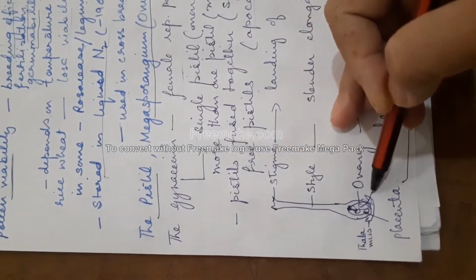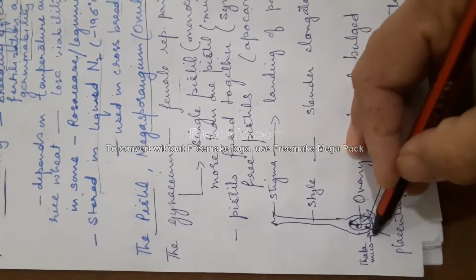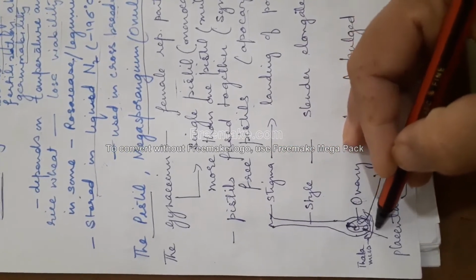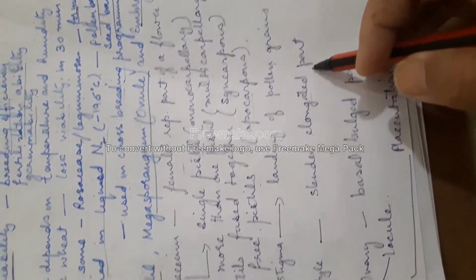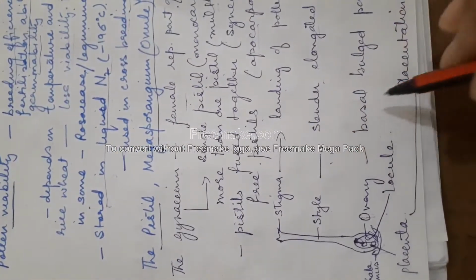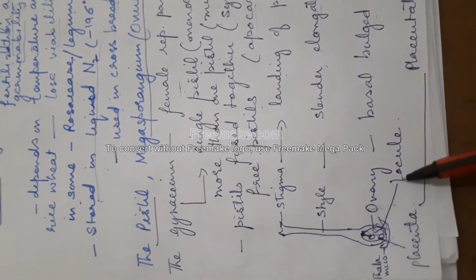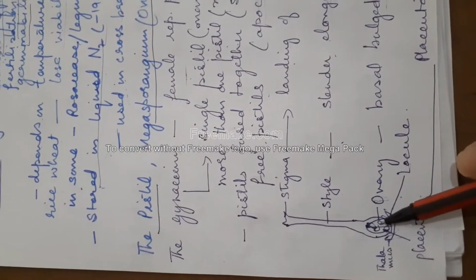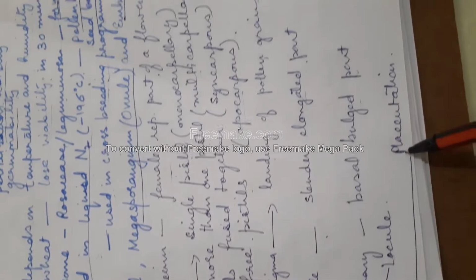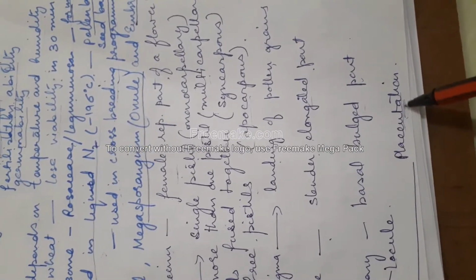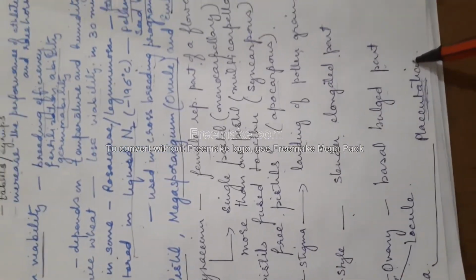Now, this is the diagram of the pistil, which you have seen in the previous video also. Stigma, style, and ovary are the parts of the pistil. This lower region is called the thalamus. Stigma is the platform for the landing of the pollen grains, and there is a slender elongated part which is called the style, and ovary is the basal bulged part which contains ovules. Ovules are attached inside with the help of the structure called placenta. You can remember placentation of different types. You must have studied it in your 11th class. You have studied already. So let us continue.